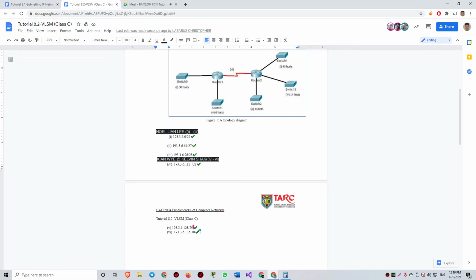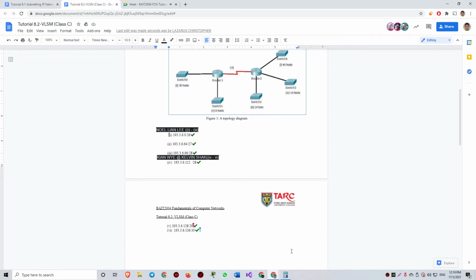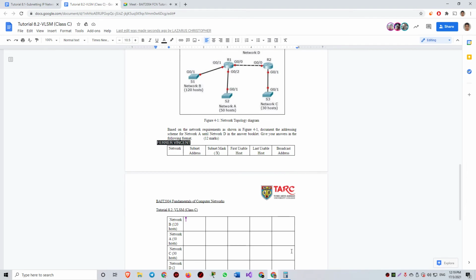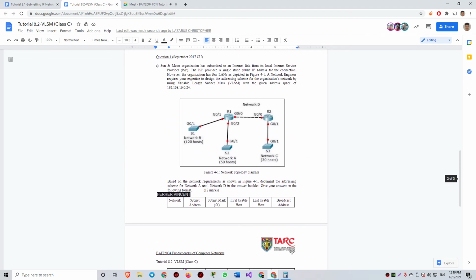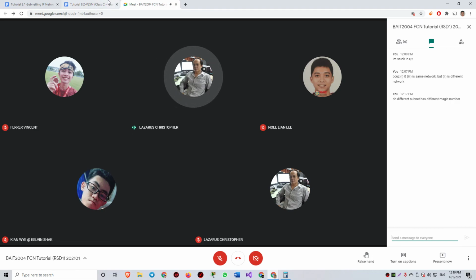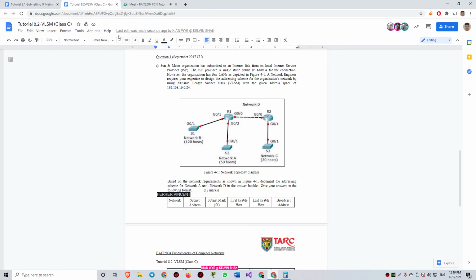Right. So I think Farah is having a little bit of problem, right, Farah? So to get 120 hosts, how many bits do you need to borrow? So when you borrow bits, it's on the network part, right? First of all, let me just share my screen. For 120 hosts, you need 7 bits at the host part,